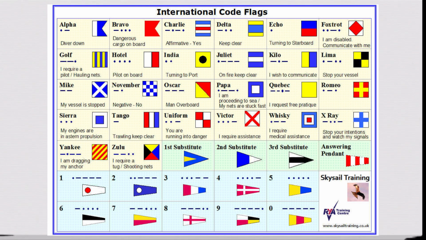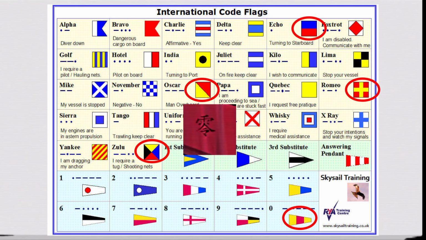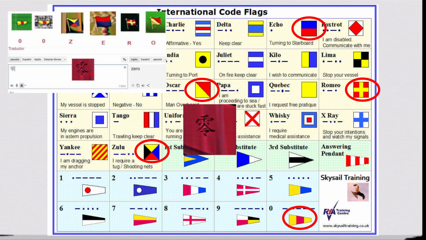Using a flag code, we can see that 2 of them are the number 0, then there are 4 more, which put in order spell out the word 0. In addition, there is a Japanese character that is also a 0. So what's up with all these zeros? Well, last time we saw so many zeros, we also saw a bunch of 1s. And that is exactly the case here.